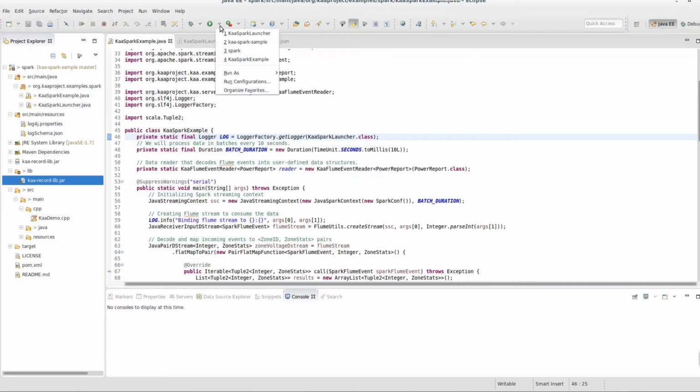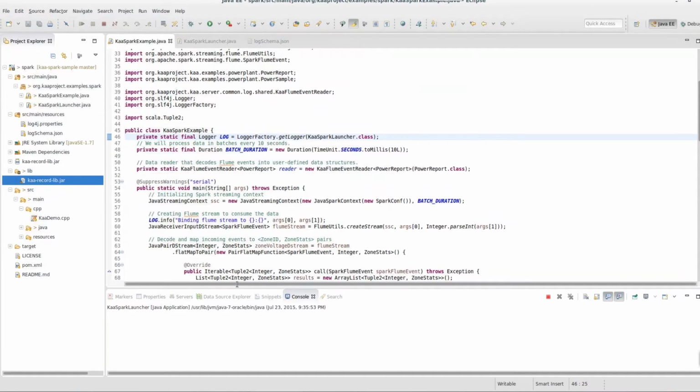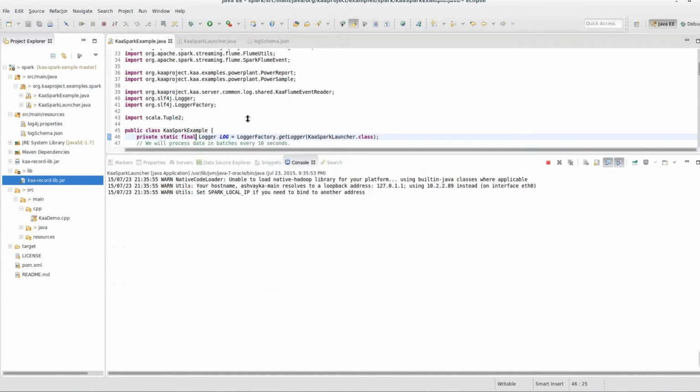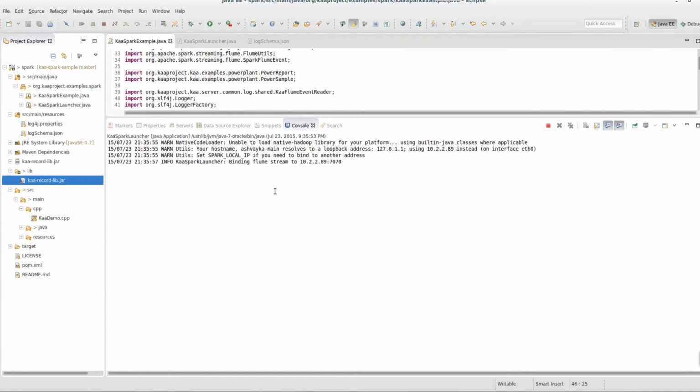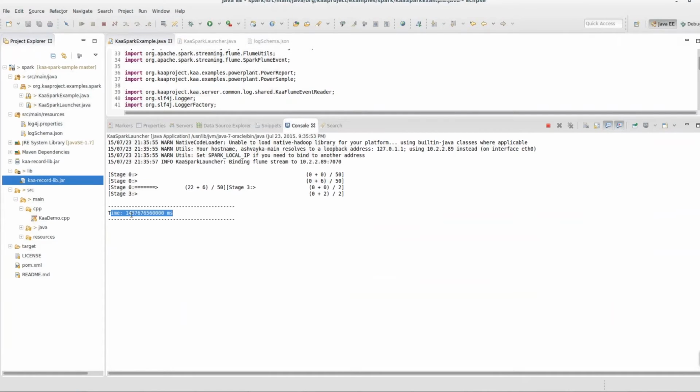So let's start this application. The application is started and it periodically outputs the time, every 10 seconds. And if data is arriving at the application, it will also print zone statistics about power